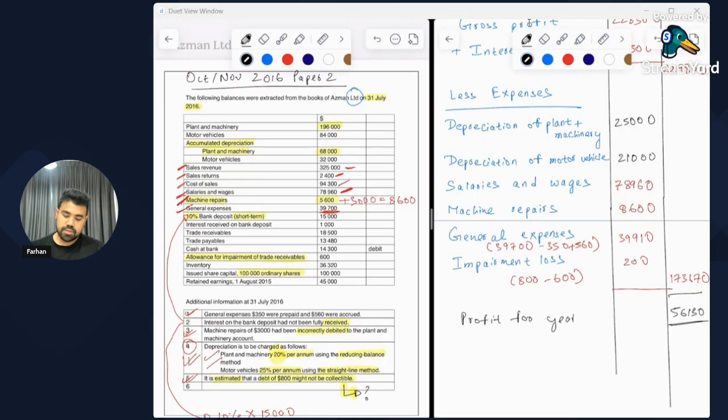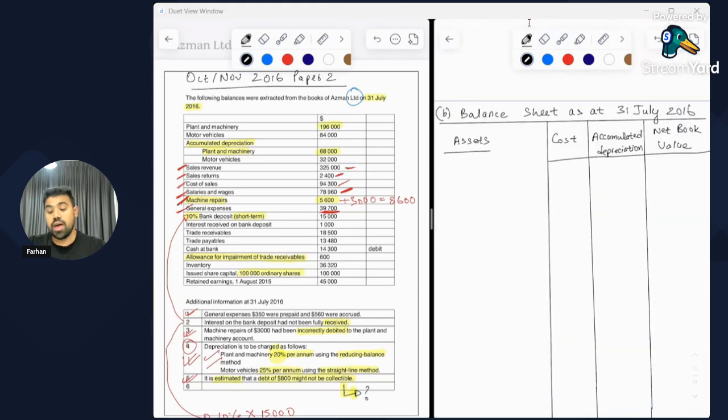I believe that's correct. So 56,130. And this is to be utilized for the retained earnings calculation, the closing retained earnings, which we'll be doing eventually. All right. If you guys are ready, now we can move to the balance sheet,